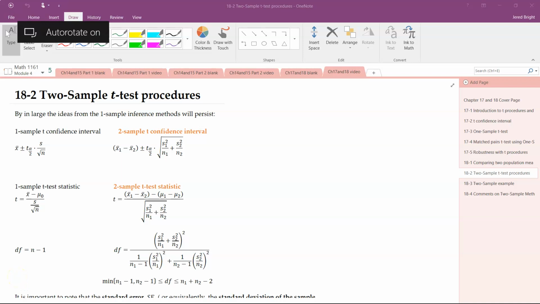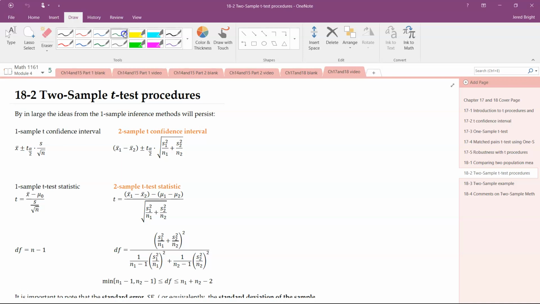Welcome back, and now we are going to talk about those procedures related to the process of comparing two means. And so there's, of course, the confidence interval, which we're not going to spend a whole lot of time on. I'm just going to say hi to it, and then we're going to move on. And then we're going to talk about the test, because the test is actually what you typically use more in